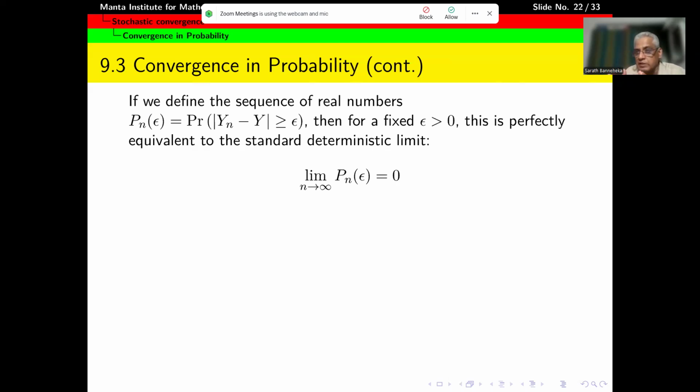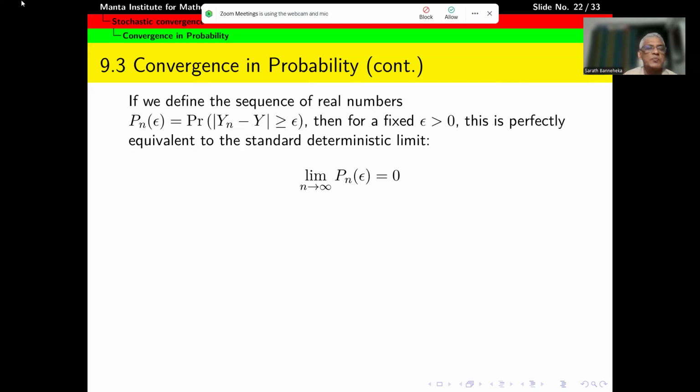What we want is the probability, the difference between the sequence yn and y, to be as close, as small as possible. Them to be as close as possible. So therefore, we are considering the probability that the absolute difference between these two, because yn can be above or below y. So therefore, we are considering the geometric difference. So that's why we are considering absolute value. So the difference, the length between yn omega and y omega being greater than or equal to a very small number. That's what we are considering, the probability of that.